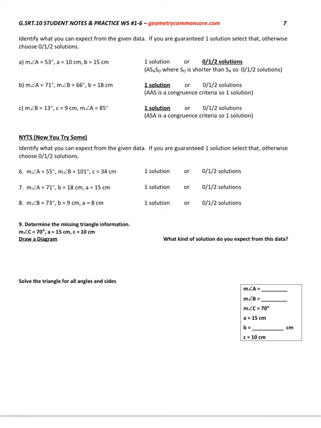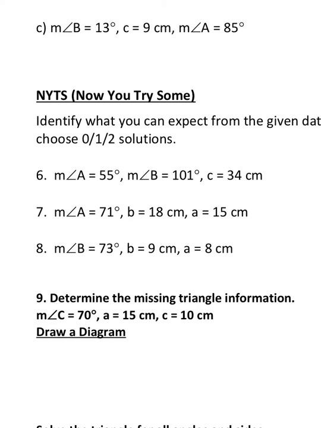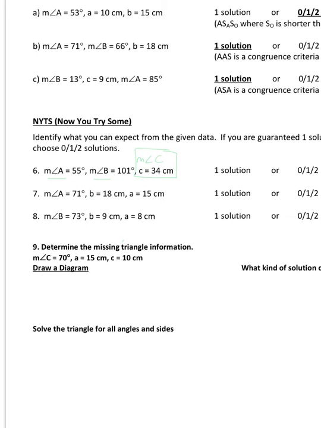On this page in the notes, nearly done, I want you to try to recognize when you're going to have to worry about even having these 0, 1, or 2 solutions, or if you can just use law of sines and be done when you finish solving for the pieces on a triangle. So for example, if you look at the first now you try some, I'm given A, I'm given B, and I'm given side C. If you're given 2 angles in a triangle, you could figure out the measure of angle C, and then I'd have a pairing of an opposite side and an opposite angle. So I could use the law of sines and I wouldn't have to worry about multiple solutions,